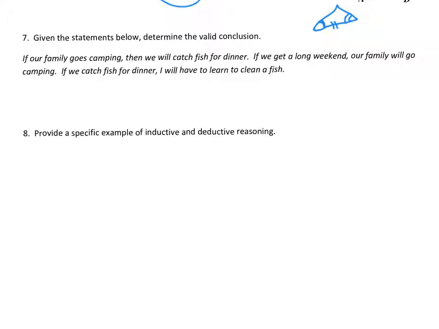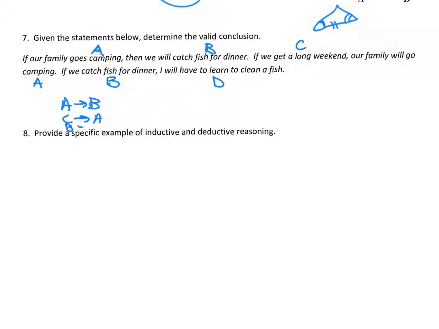So here's a syllogism problem. If our family goes camping, so that's situation A, then we will catch fish for dinner, that's B. If we have a long weekend, that's something new, C, our family will go camping, that's A. And if we catch fish for dinner, we saw that before as B, I will have to clean a fish, that's something new, so that's D. So we have A implies B, C implies A, and